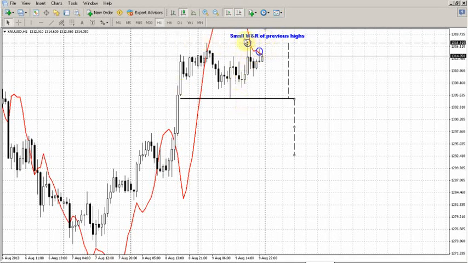The wash and rinse is very typical, particularly for the double top pattern, when the second top washes and clears the stops of the first one and turns to the downside. Second moment here, you can see the bearish stop grabber that has been formed here. Although the minimum target of this pattern stands at this low, I can't exclude that this could be the starting point for the move to the downside. If you count the target of this double top, that equals its height counted down, you'll get the 1292 area, precisely the 50% support of this thrust up.